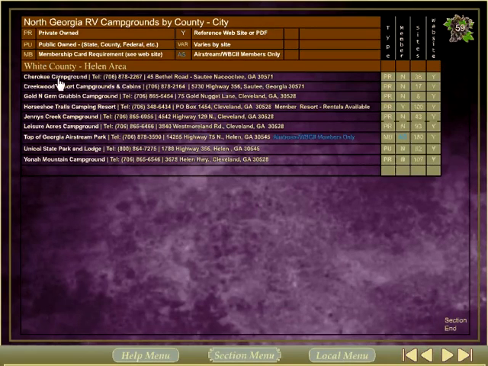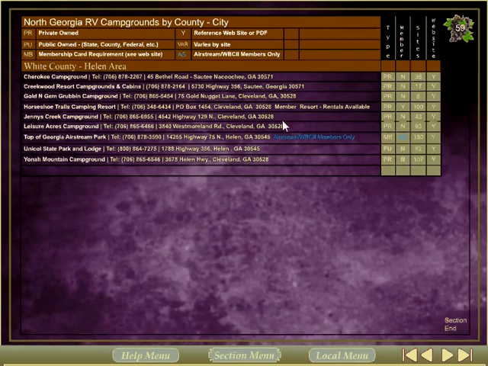Here are the names, and by clicking on the name of the campground, you'll be taken to their website. We have information on whether or not they have a website, the number of sites, and if they're a member of any particular group that requires you to be a member, like Good Sam or something. Most are not, and many will take these discount cards, so it's worth checking their site. And we discuss whether they're private or member only, or whether they're public, such as a state park,